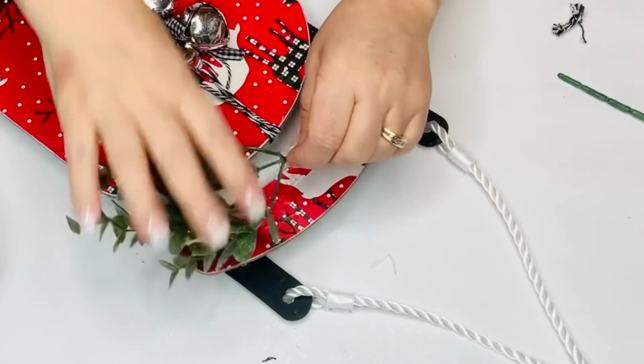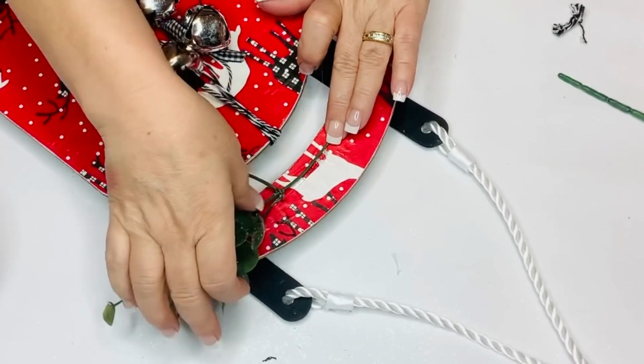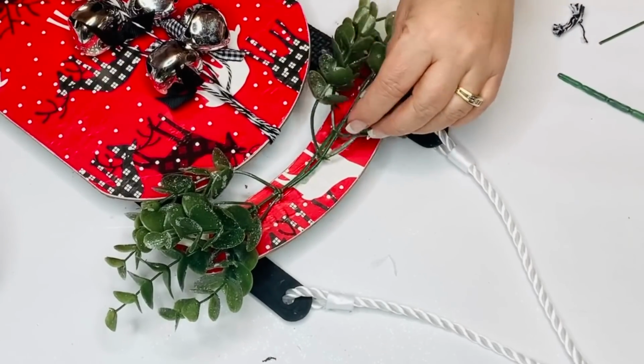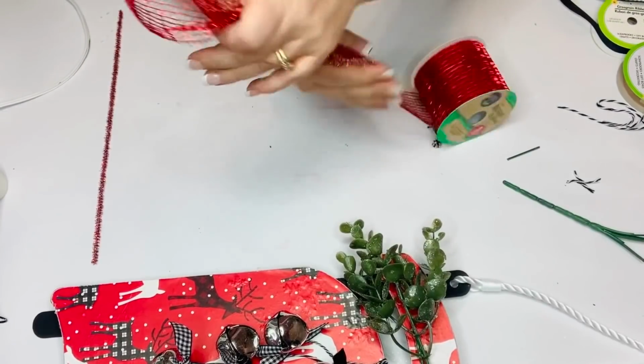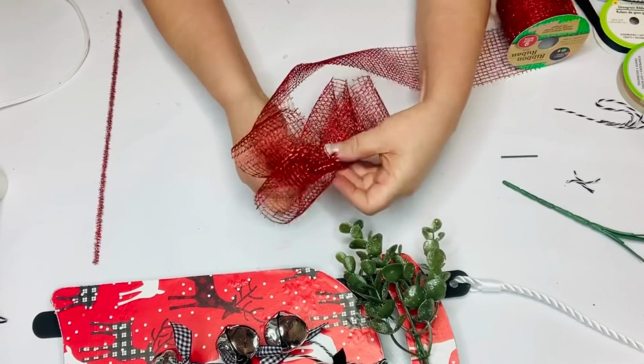So now I'm going to take some of this super pretty Christmas eucalyptus and attach that at the top. I only had one pick, so I had to use it sparingly and for a small job. So I just split it in half and then used some on one side and put the rest on the other. And then I'm going to take this netted Christmas ribbon and just make a couple of loops and then